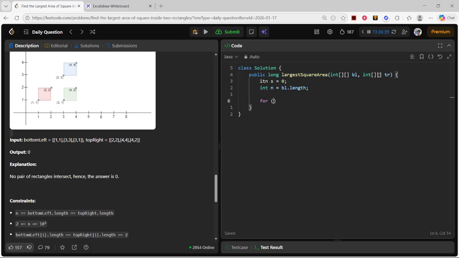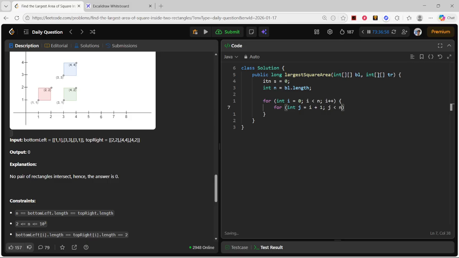Create a loop for i equal to 0, and then for iterating j,